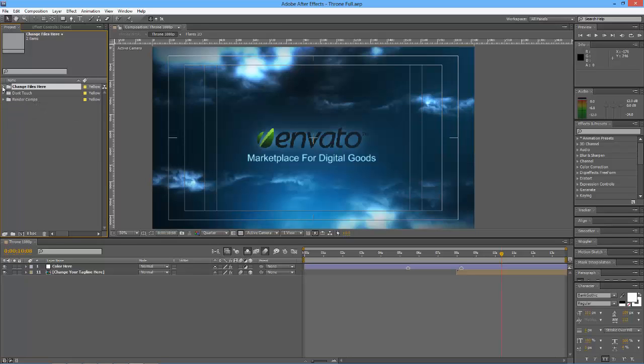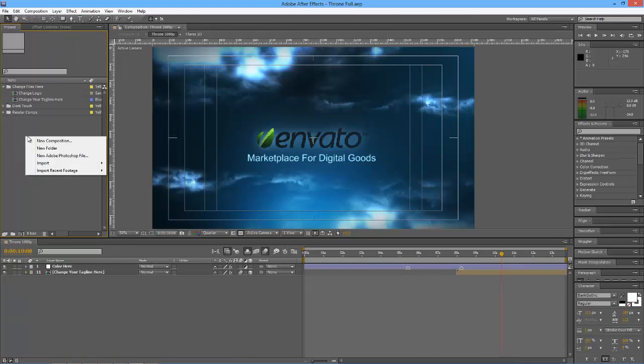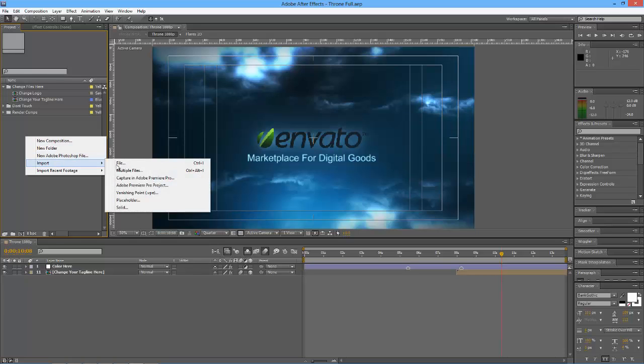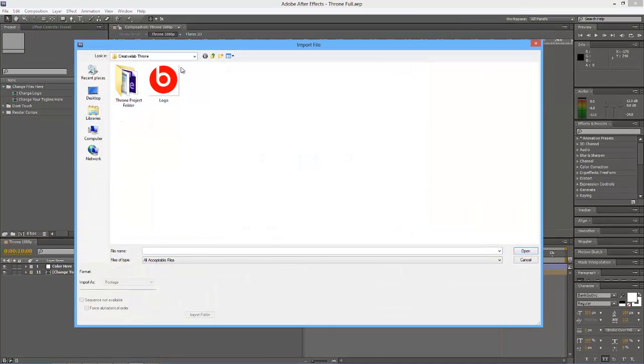The files that you need to change, the composition for the logo and the tagline, are in the change file here folder. So you have two different compositions, change logo and change your tagline. And how can we add this file? We can go to file and then import, or we can double right mouse click and go to import file, or we can even double click on this and then select the file that we want to import. I will import this example logo,